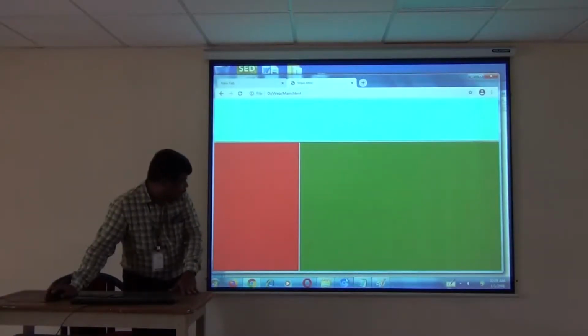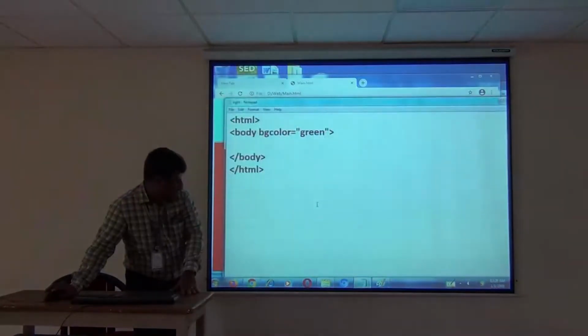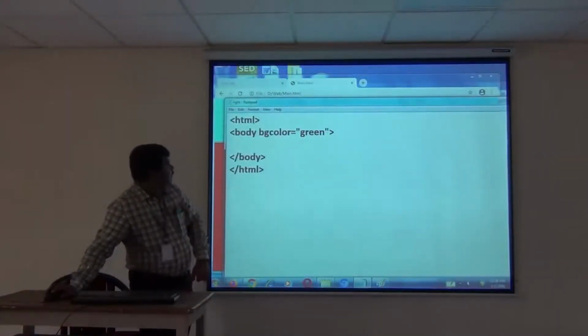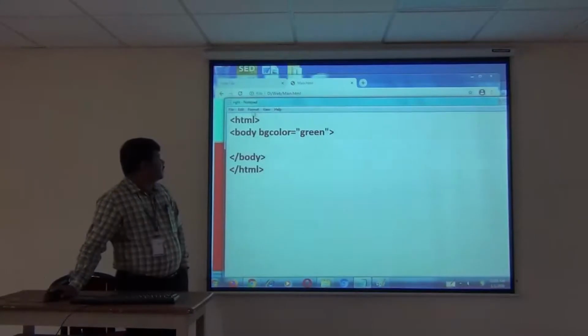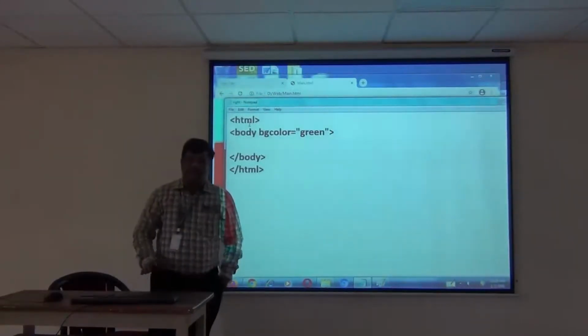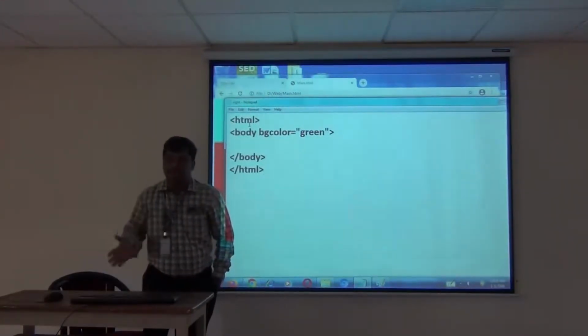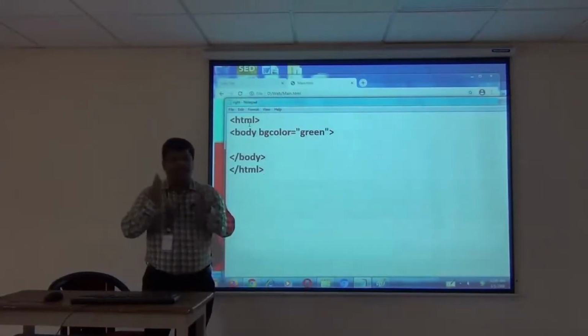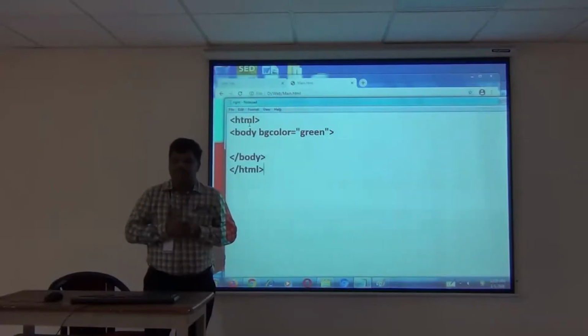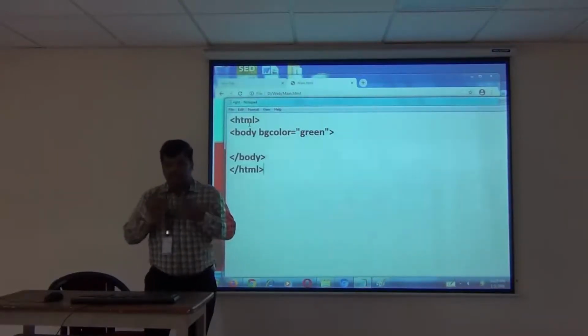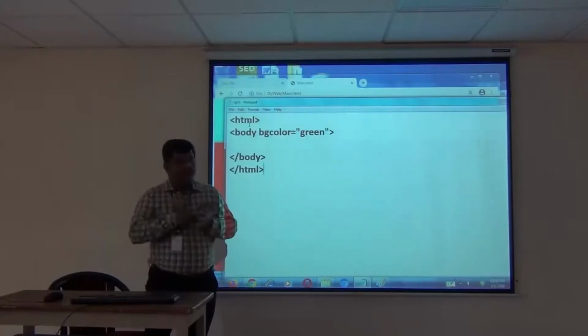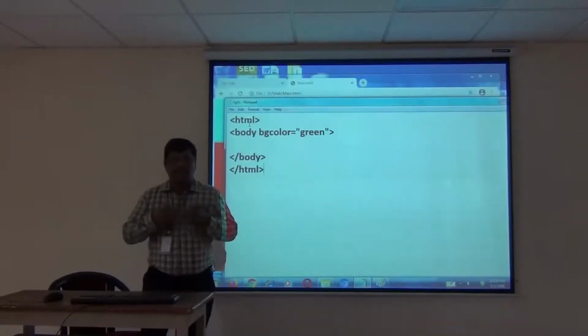Now a quick recap about frames. Frames help to divide a single browser into multiple windows, and each frame can be used to access different websites or different HTML files. While creating frames, one important thing we have to keep in mind is that we should not use any body tag, head section, or title section.